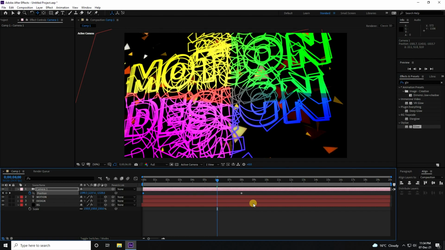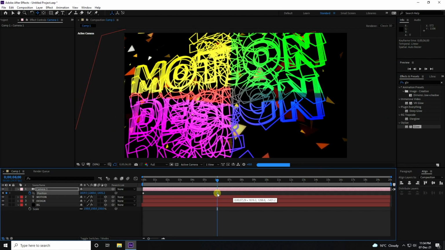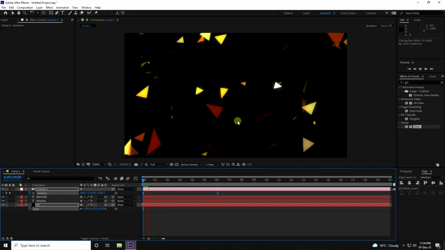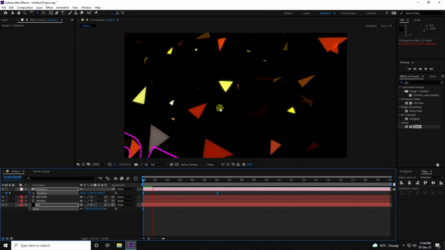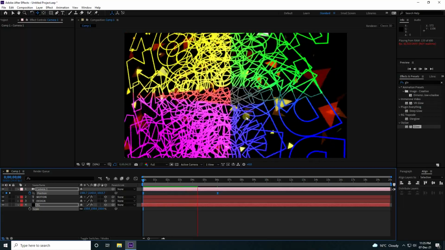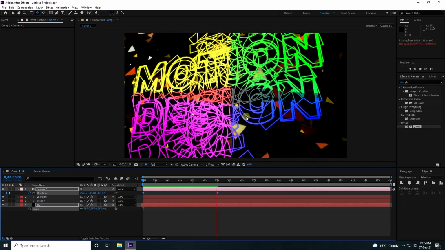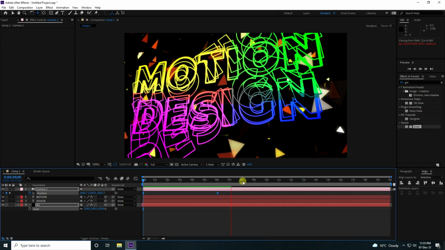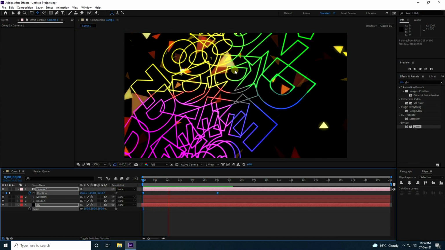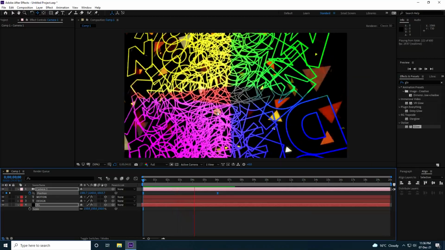I change the camera position a little bit. I go to 6 seconds, select this keyframe and shift it to 6 seconds. Select this keyframe and press F9. Go back and play. It takes a little bit of time for the rendering preview. See, that's my beautiful effect. It's really good, right? Stop this animation, go back and play. See, that's my final one.